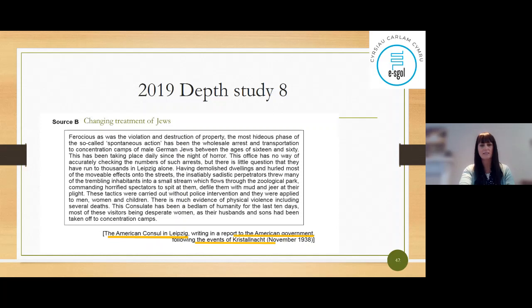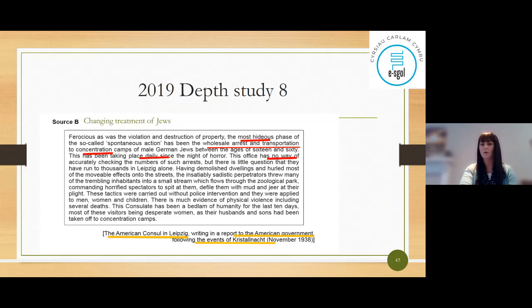So again, I'll give you just 20 seconds to have an overview. Don't worry if you don't have time to read it all. Okay, so you would have highlighted or underlined certain elements in this source, looking at the words they're using,